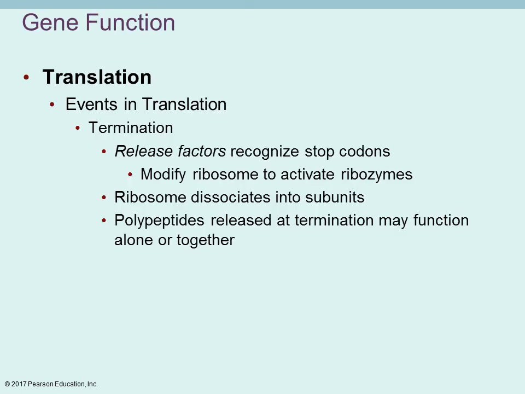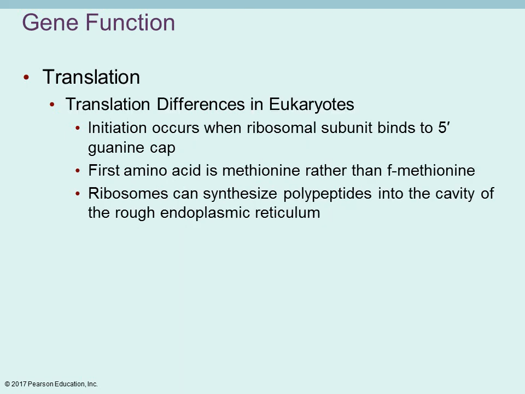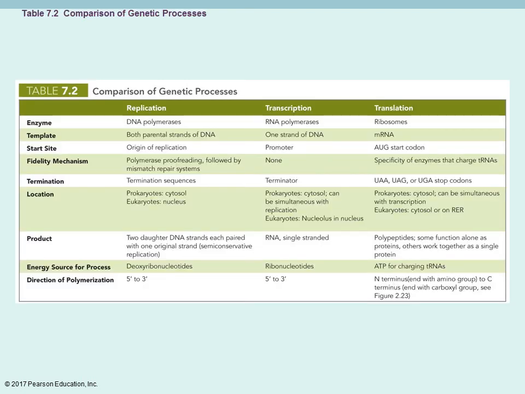So like I said, termination is when you reach that stop codon, and everything dissociates. For eukaryotes, there's a little bit of difference with some of the practices of translation. In general, the practice is very similar for purposes of this. Know those general steps. So this is a table that is comparing